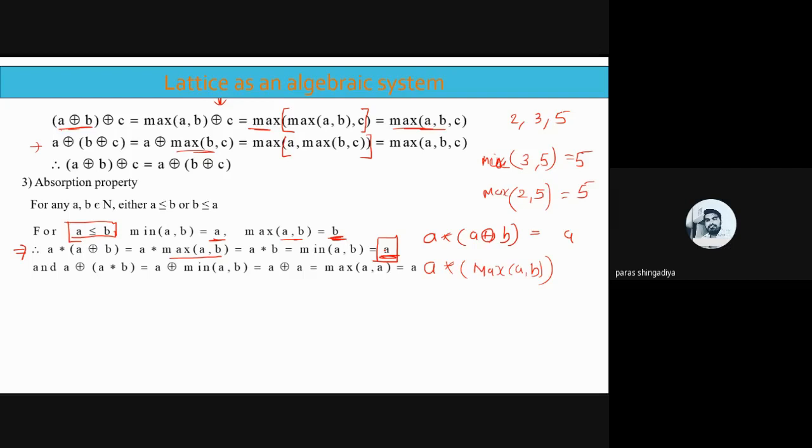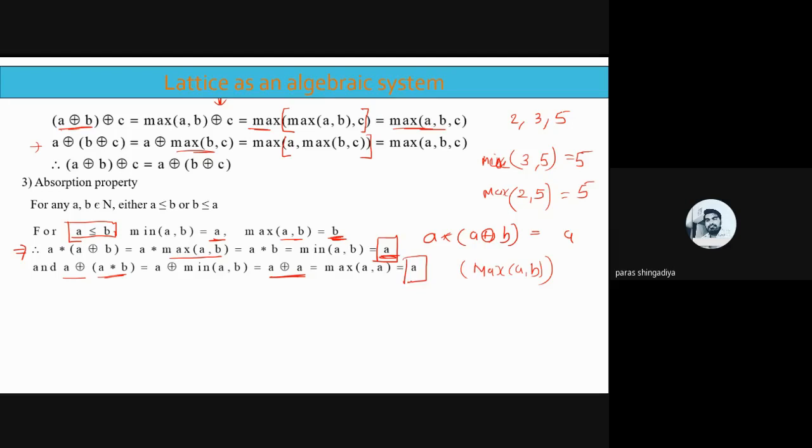And now in the second case, second condition, A ring sum A star B. Okay, A ring sum A star B means minimum of AB. And what is the answer of minimum of AB? That is A itself. Okay, so here we get A ring sum A, and ring sum means maximum. So maximum of A comma A. And what is answer of maximum of A comma A? Only one value is to compare. Okay, A with A का maximum A ही होगा. ठीक है, so answer is A itself, and it is a proof of the second condition A ring sum A star B is equal to A.